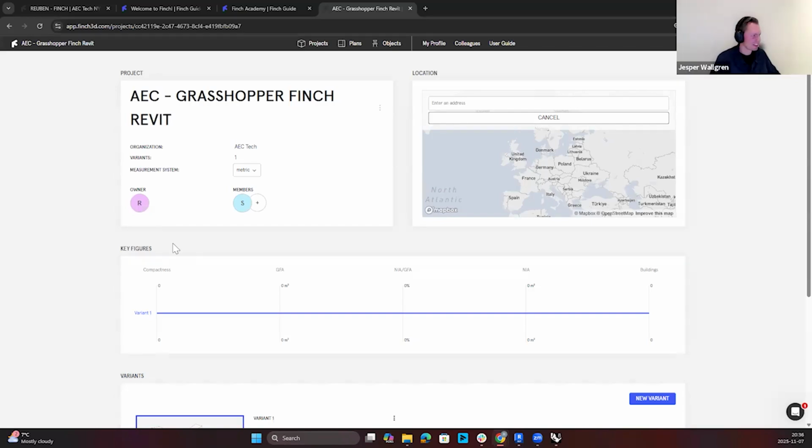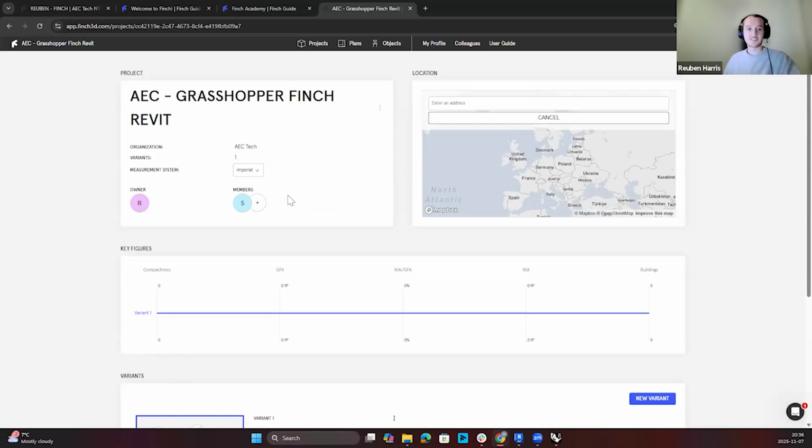running. Awesome. So let's all go ahead and click on our project that we've created so that we come into here, our project dashboard, where we collect all of our information about our project, and we also collect our variants. I'm just going to quickly talk you through the information that we see here on the screen. It's all pretty intuitive. The first thing that we might want to do here is look at our measurement system. I'm going to go ahead and change this from metric to imperial for today's session,